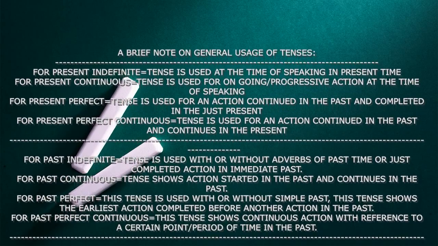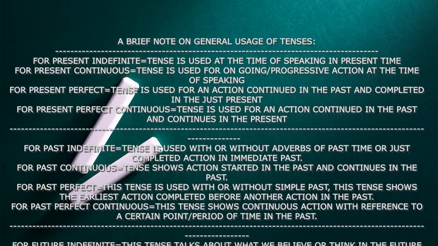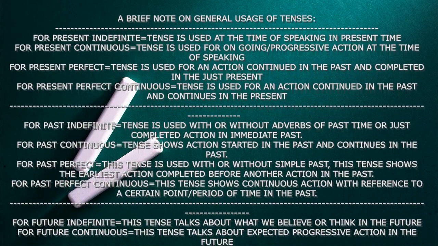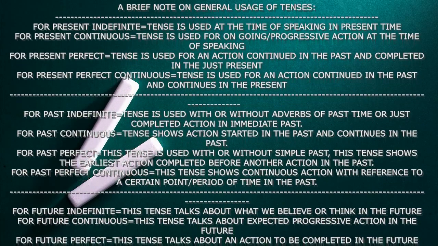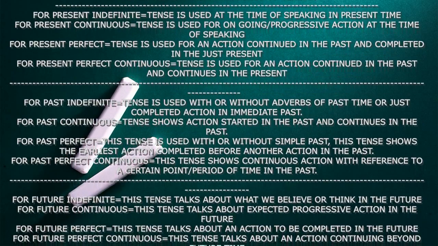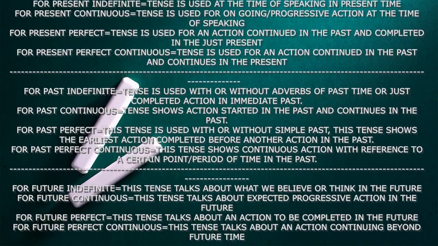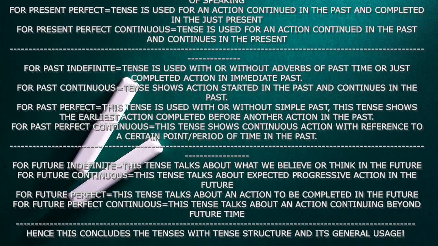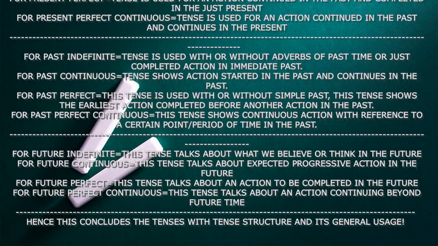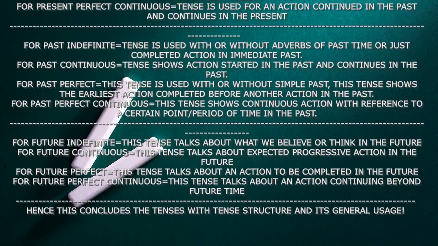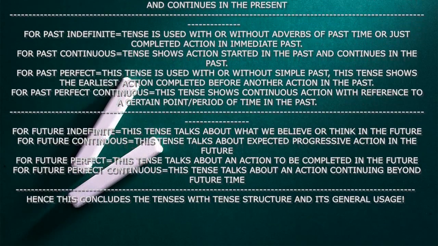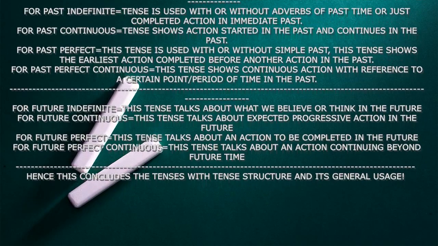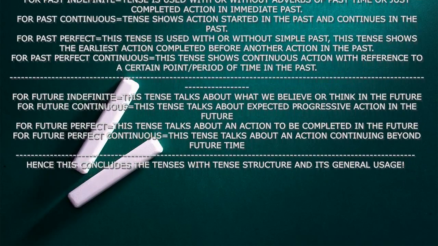For past indefinite, this tense is used with or without an adverb of past time, or for a just completed action in the immediate past. Past continuous tense shows an action started in the past and continuing in the past. For past perfect, this tense is used with or without simple past. This tense shows the earliest action completed before another action in the past. For past perfect continuous, this tense shows continuous action with reference to a certain point or period of time in